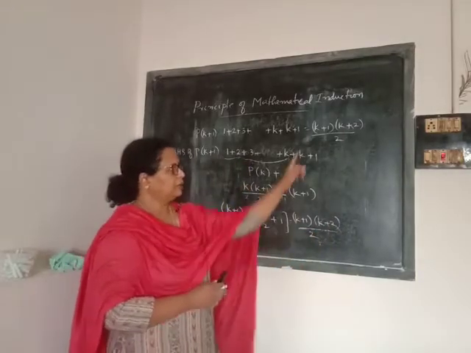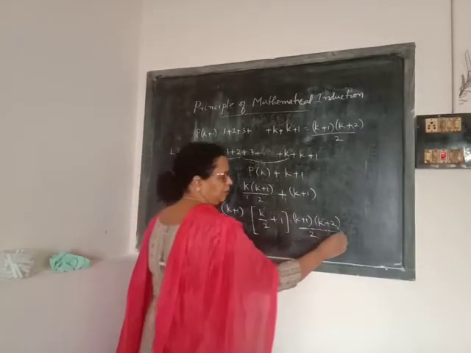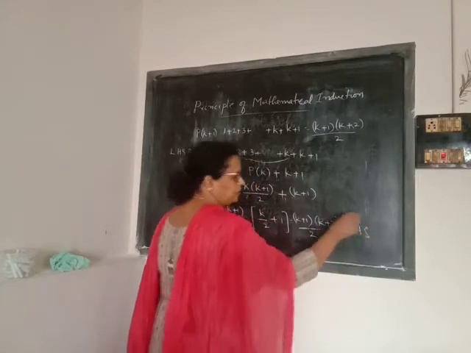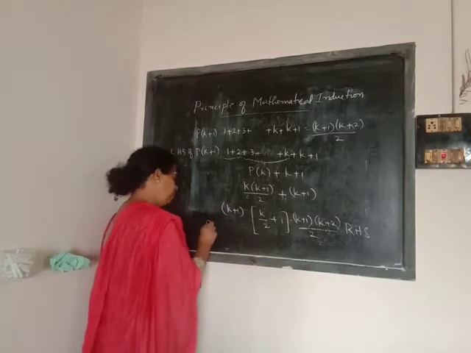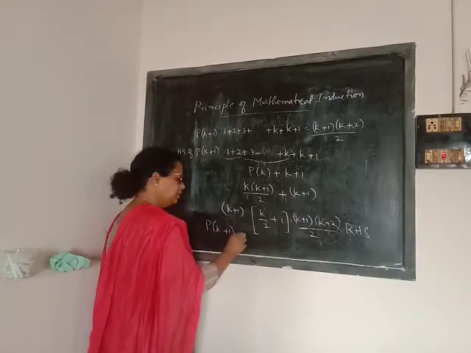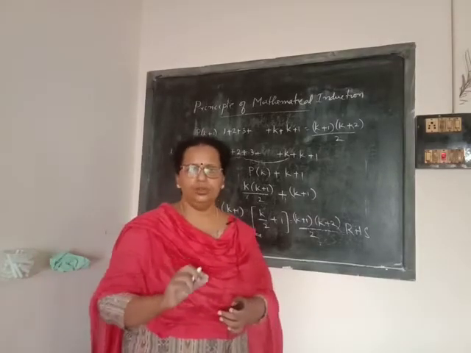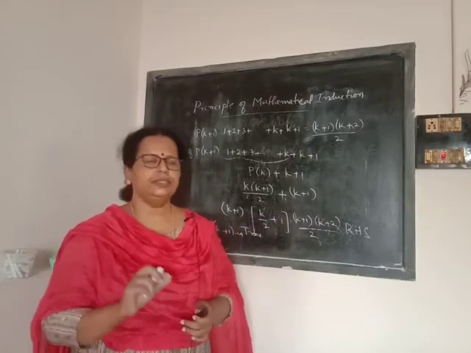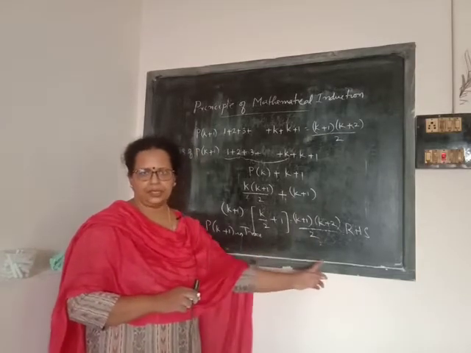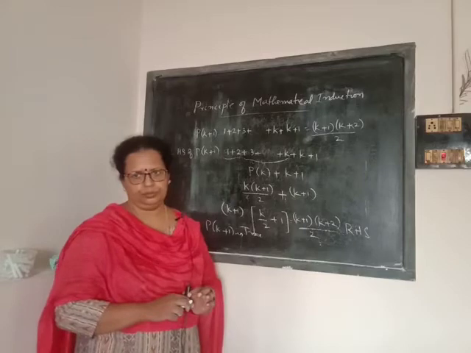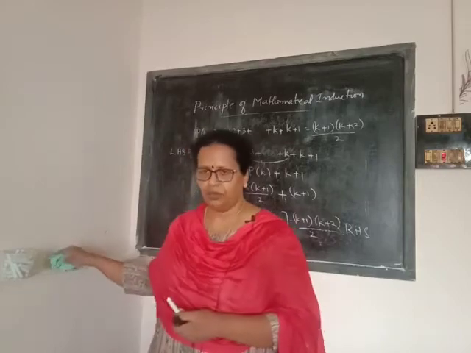Now look at the RHS of P of k plus 1. It is k plus 1 into k plus 2 by 2. So we reach the RHS of P of k plus 1. Reaching the RHS of P of k plus 1 means we showed P of k plus 1 is true. Now next step, what do we have to write? After you showed P of k plus 1 is true, just write the statement: as P of k plus 1 is true, by mathematical induction P of n is true. Okay, this is the method. We will illustrate this method by some more problems.